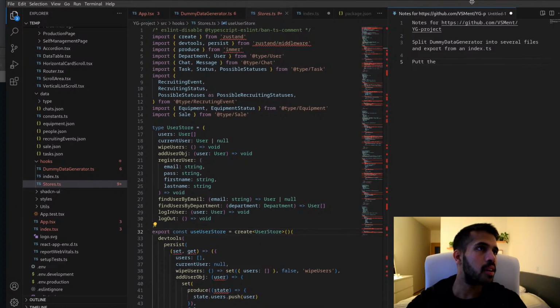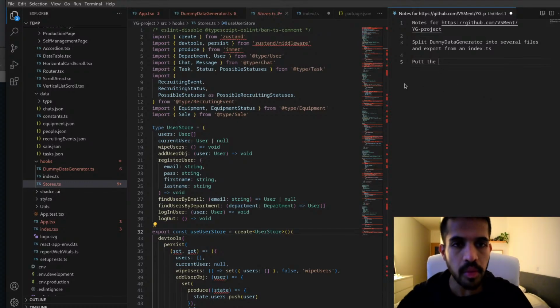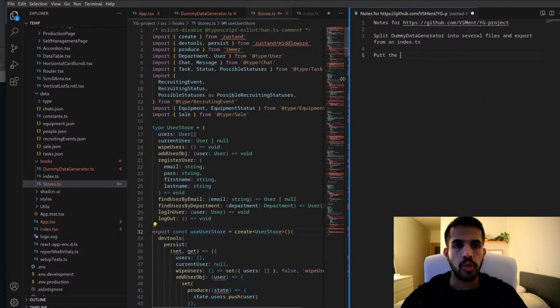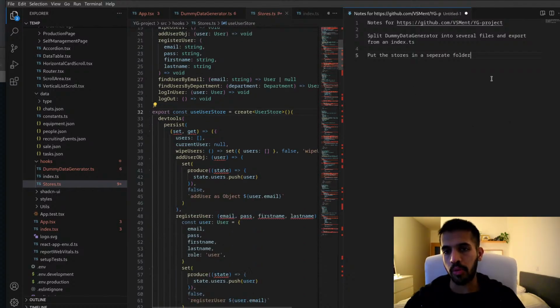The window was misaligned. So you can put the stores in a separate folder, and put each of the stores in different files.